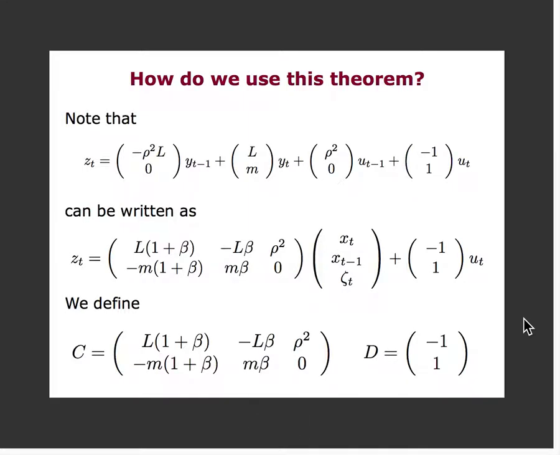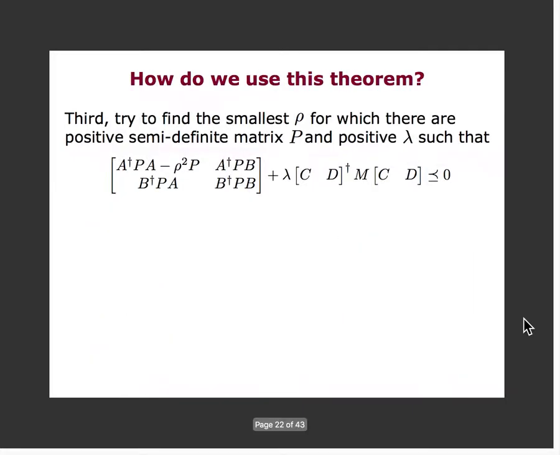So these are C and D, as I mentioned. Again, every one of these entries should actually be some scalar times the identity, so these are all block diagonal matrices. Now the next thing we need to do is to try to find a rho, a P, and a lambda such that this thing here is satisfied. We have A and B that came from Nesterov's scheme. We have C and D that came from our probing function, and M that for that probing function satisfies the first constraint. Now we need to find